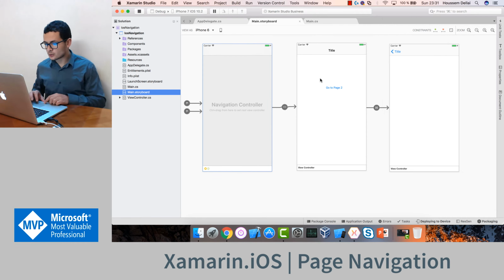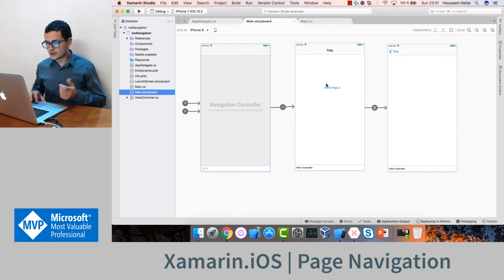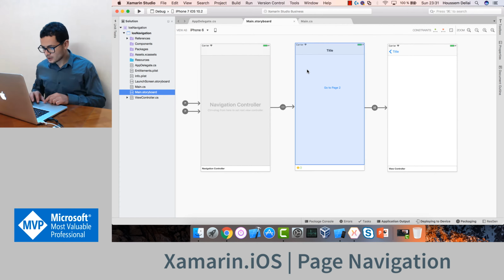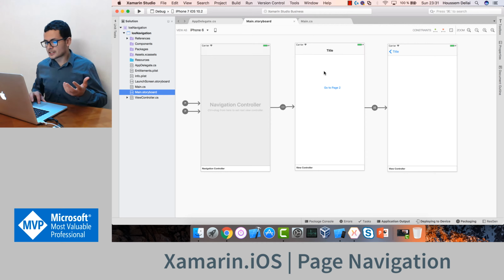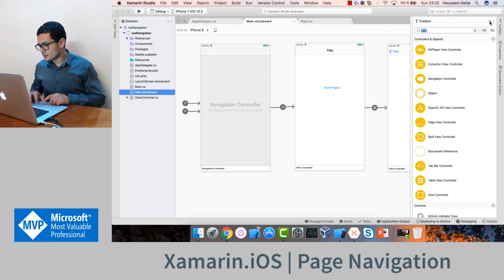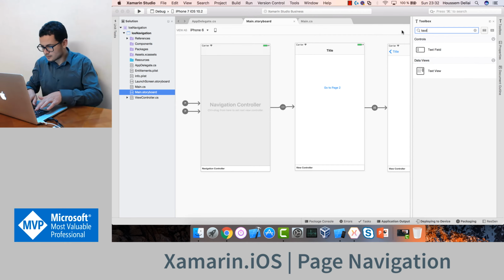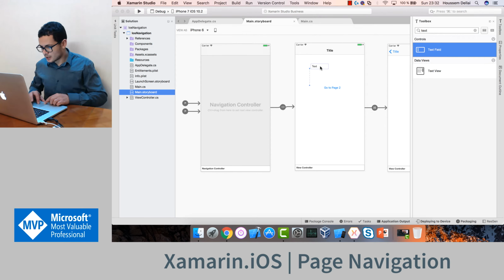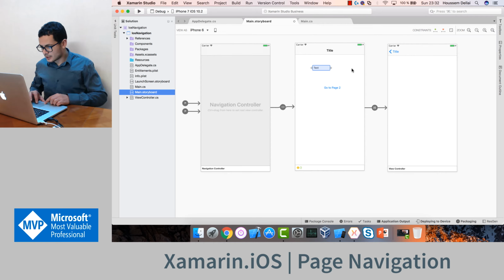So let's learn how to do that using the storyboard. Let's first add a text field where the user can put a name, for example, and then we'll pass that name as a parameter to page 2. So let's go to the toolbox, look for text field, add the text field here. Let's make it larger,